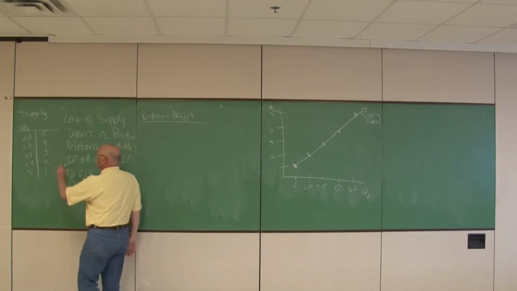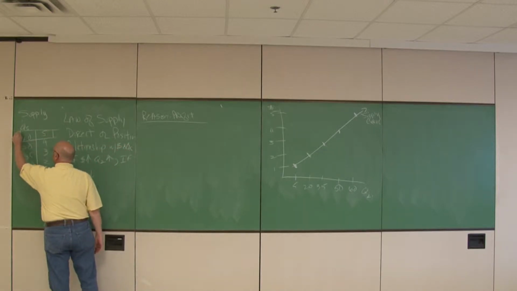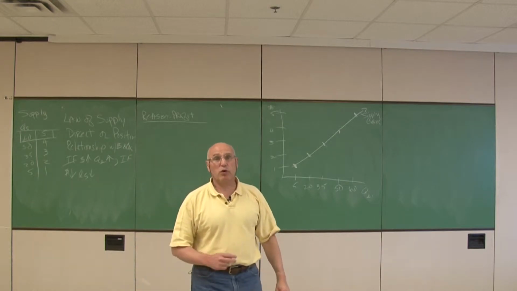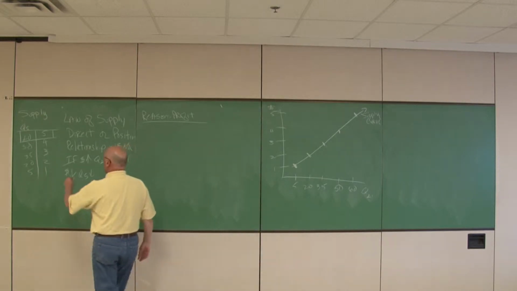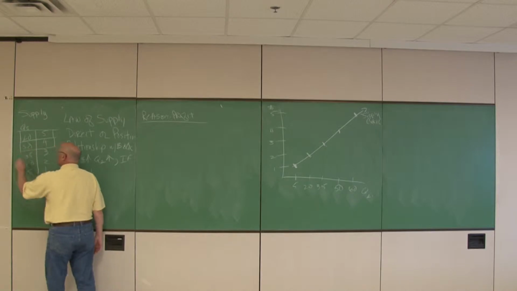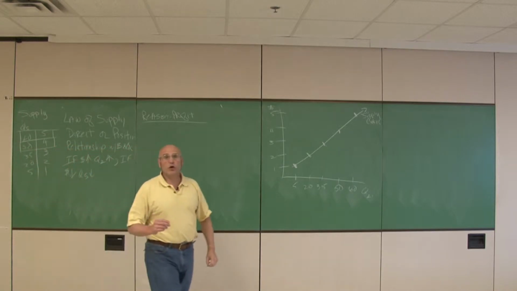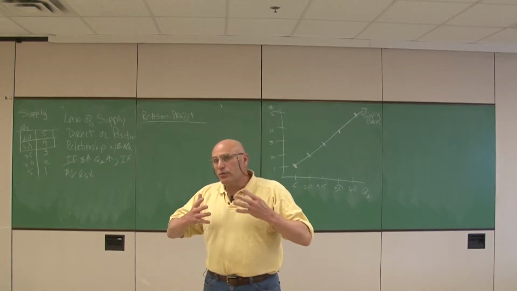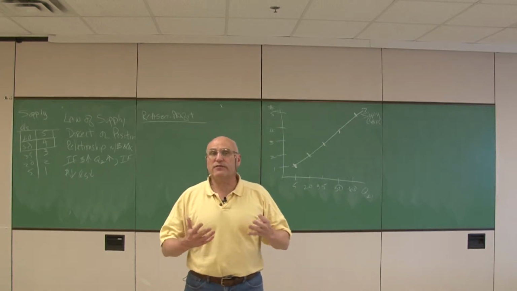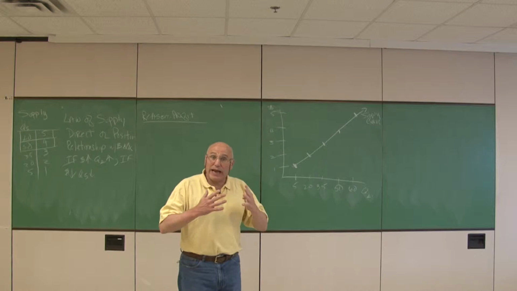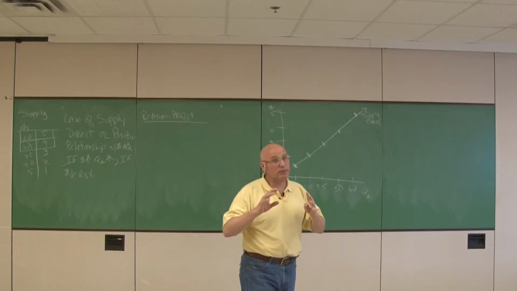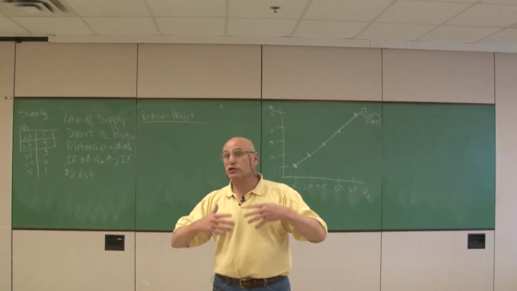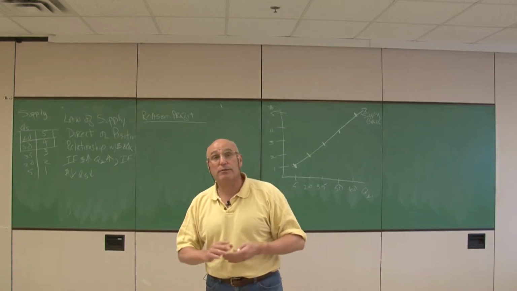time. In other words, if people are willing to pay you $5 for your good, you will bring 60 units to market. If people are only going to pay you $4 for your good, then you're only going to bring 50 units to market. As the price increases, there's an incentive for you to produce more. But as you do produce more, your costs go up. And that's something that you will cover later when you're in microeconomics, or if you're already in microeconomics later on